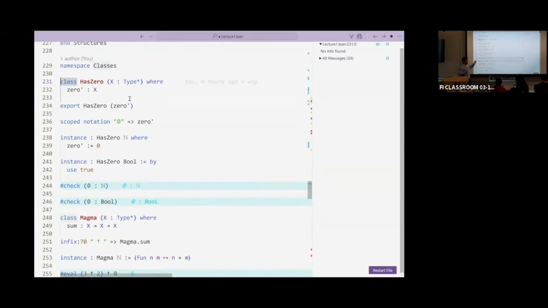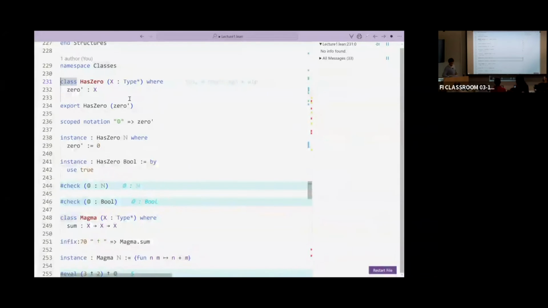And the idea is to build a huge database of pairs: structure, and term of this structure. So, for instance, in this database, you would like to record that Nat is a magma once and for all, so that you don't have each time to pass explicitly what is the binary operation.